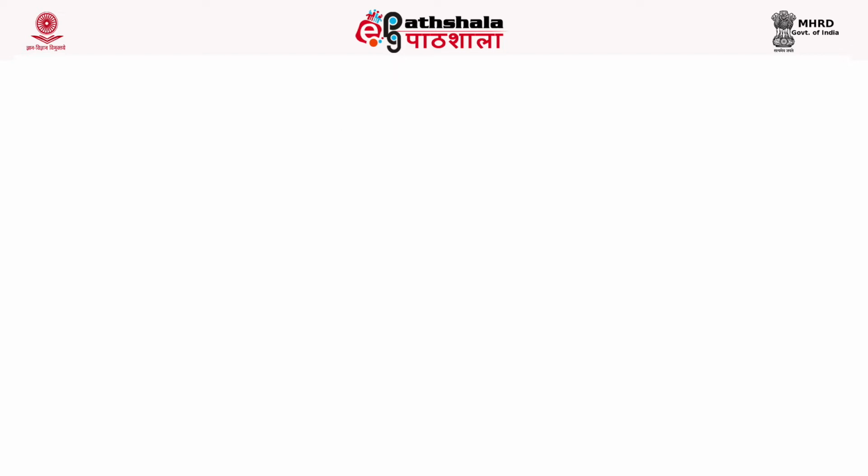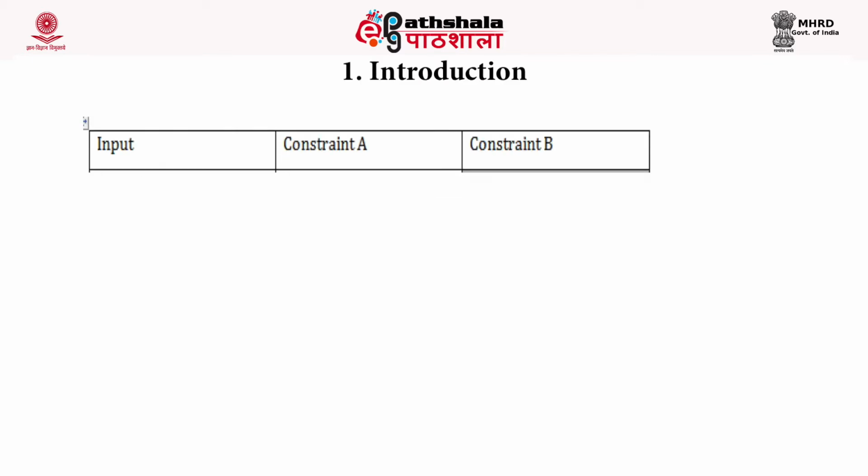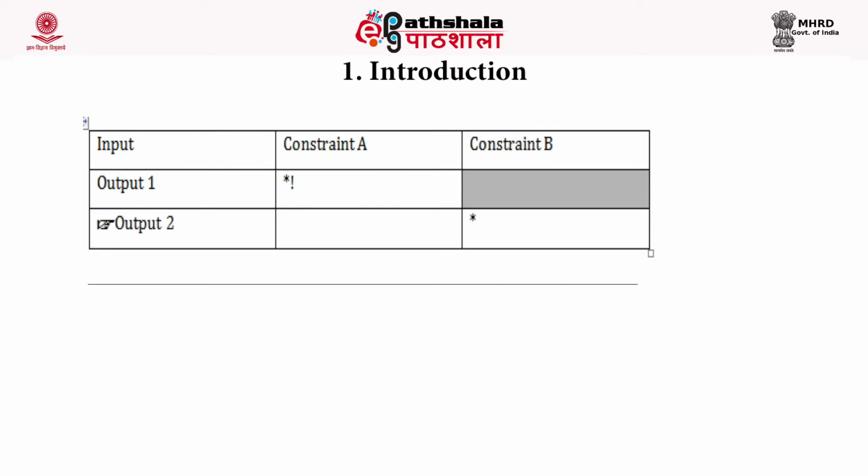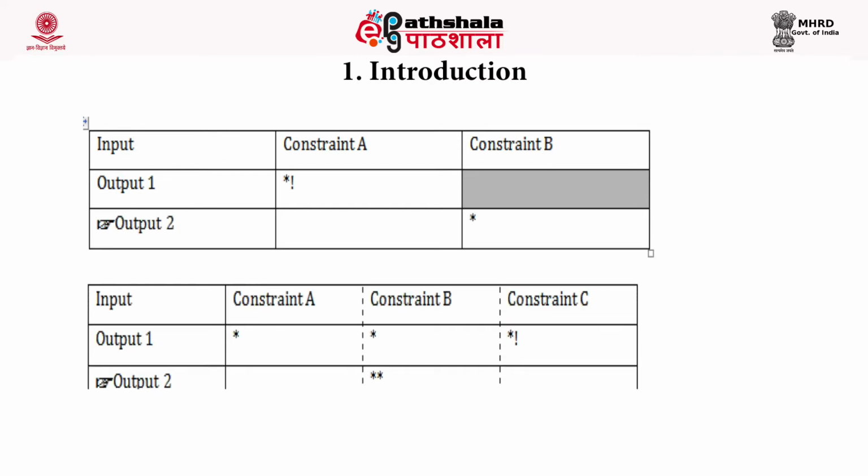Any two constraints A and B can interact with one another in any of three manners: if A is ranked higher than B, if B is ranked higher than A, and if A and B are unranked with respect to one another. If A is dominating B, then even a single violation of A is more important than any number of violations of B. If one output candidate violates constraint A and another violates constraint B, then the one violating B will of course be selected as the optimal candidate.